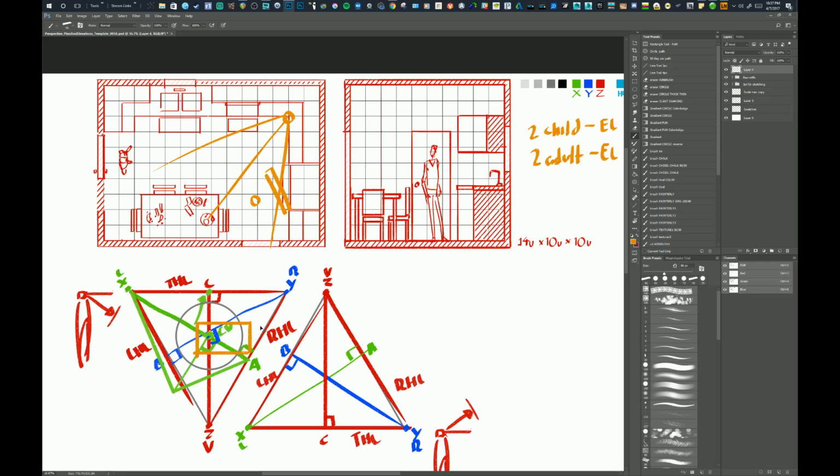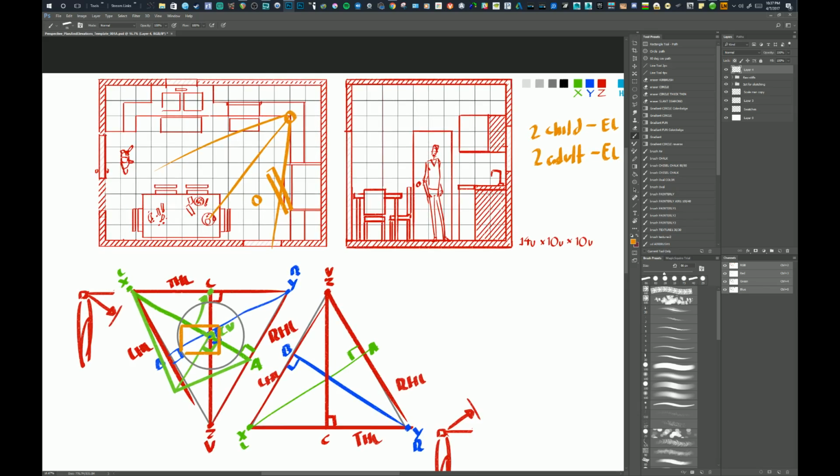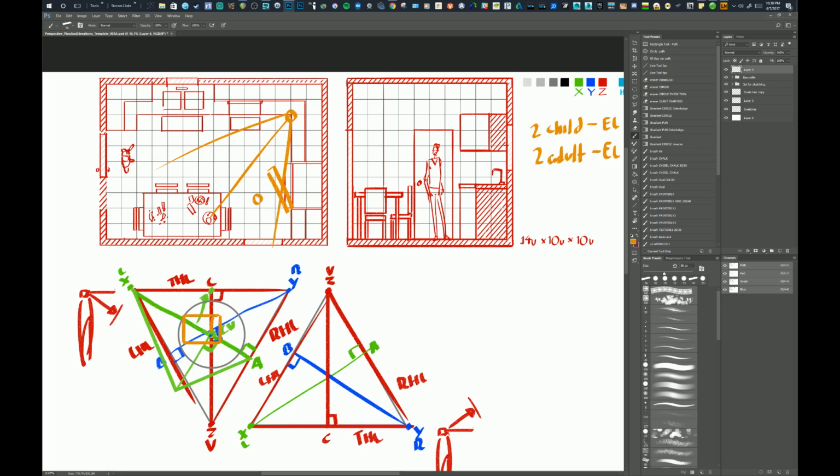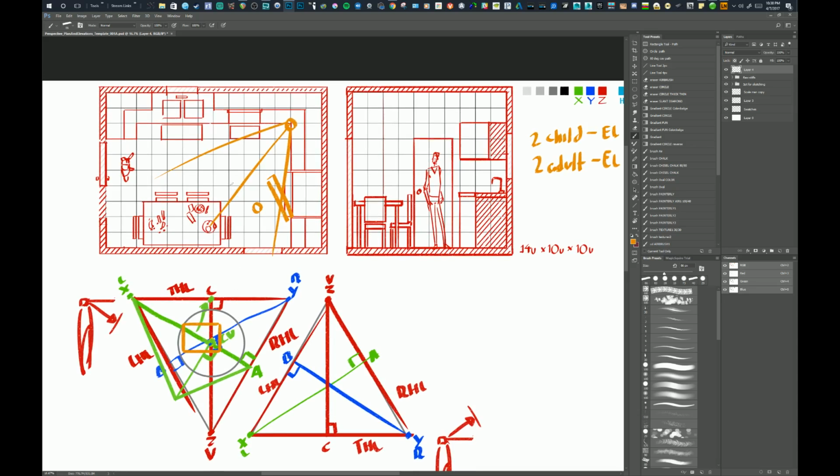So I think our canvas is probably going to be downward a little bit. So we're looking down on the scene, so maybe we're seeing a little bit more of the top from the center of vision. We're seeing a little bit more upward from the center of vision, a little less down, a little bit more to the left. So now what we have is, if this is the center of vision,